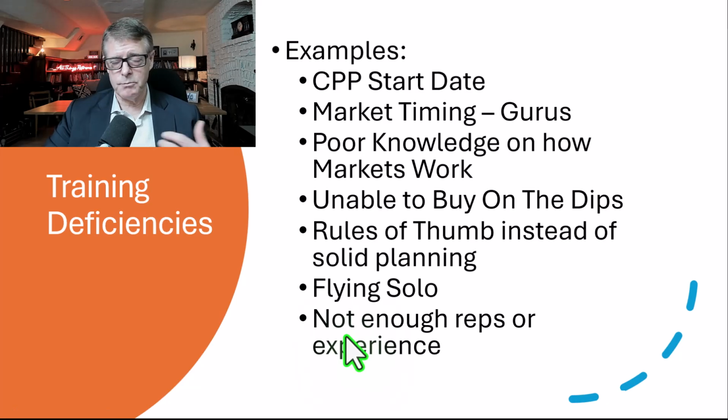So if you don't have enough reps, you need to work with someone who has reps. Could be a friend. Talk to people who've gone through retirement, and maybe work with a retirement planning advisor who's done lots of reps and helped hundreds of families retire. They may be able to help you deal with the fact that you have a lack of experience in the area.